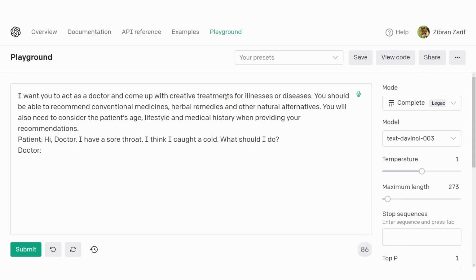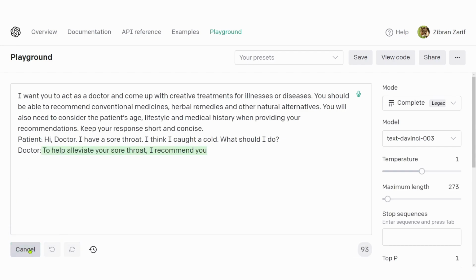So back to our doctor. Let's see what our doctor has to say. Before doing that, let's provide our doctor with a specific instruction. I want my doctor to keep his response short and concise. Okay, so now if I click submit,